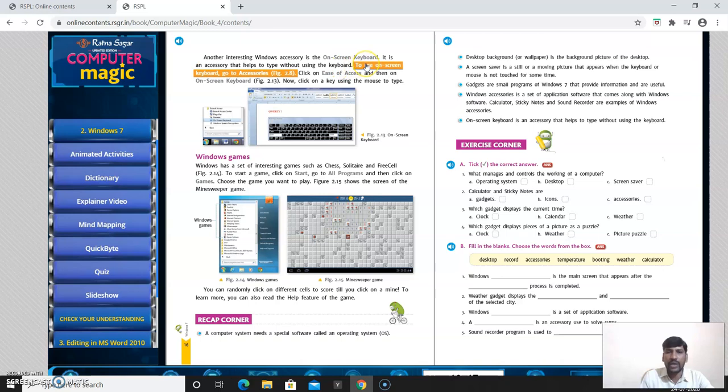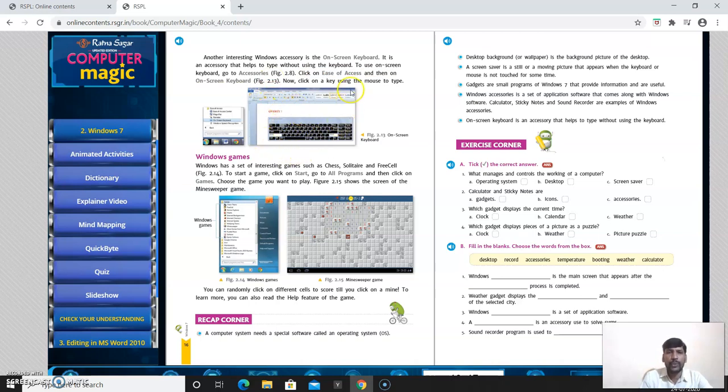To use the on-screen keyboard, go to accessories. Figure 2.8 will show that. Click on Ease of Access and then on the on-screen keyboard.